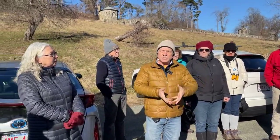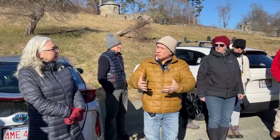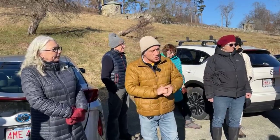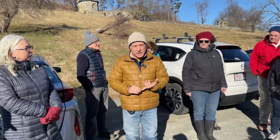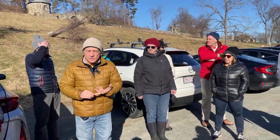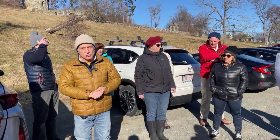So the goal was to scale up as much as we can. You get a lot more impact, obviously, with the larger the project, and you lower those costs. We can talk a little bit more about those later on. Even though these are Trustees-led projects, we're doing this in conjunction with the U.S. Fish and Wildlife Service over at Parker River National Wildlife Refuge, Mass Wildlife, they're the second largest marsh owner, the Trustees, and then Essex County Greenbelt, which is the third largest marsh owner in